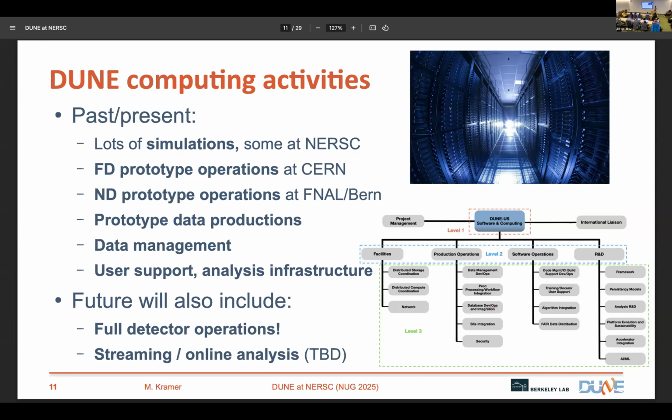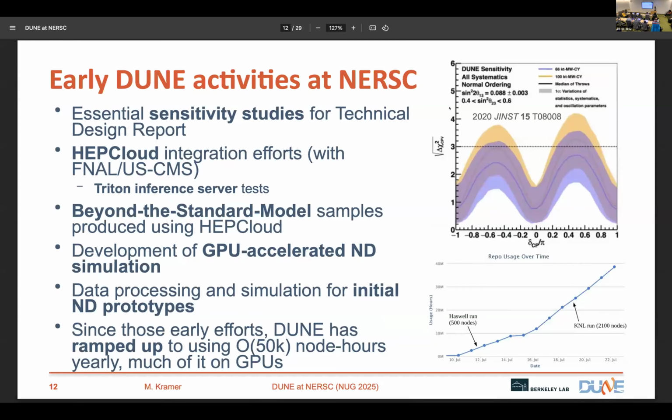And depending on how things shake out, we may find a place for streaming and online analysis workflows as well. Supernova would be an example of a potential use case there. And I'll say a bit more about that later. But for now, I'll just start with the ancient history of DUNE at NERSC. So what we ran about 5 years ago,